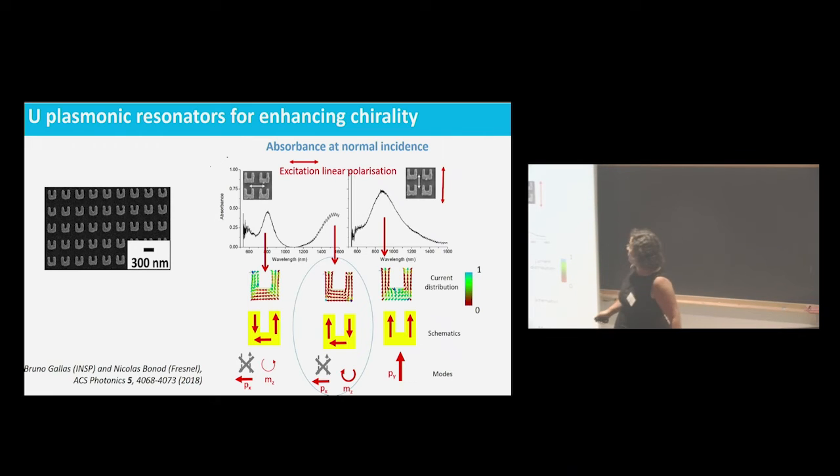You can illuminate them with two waves, one which is horizontally polarized and one which is vertically polarized, and you measure the absorbance. And you have peaks of absorbance which correspond to the modes that you excite, depending on the polarization. In fact, I will focus mainly on this mode that I will discuss. On this mode, what I represent here is the U, and here you have a simulation of the field. The color represents the strength of the excitation, and the arrows correspond to the direction of the field.